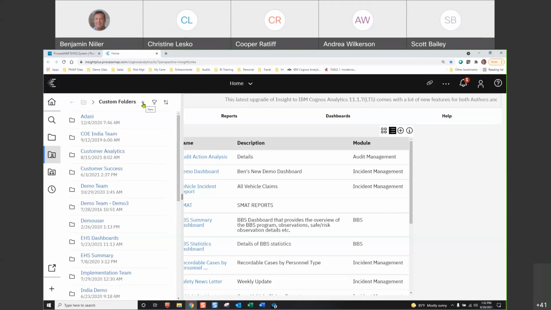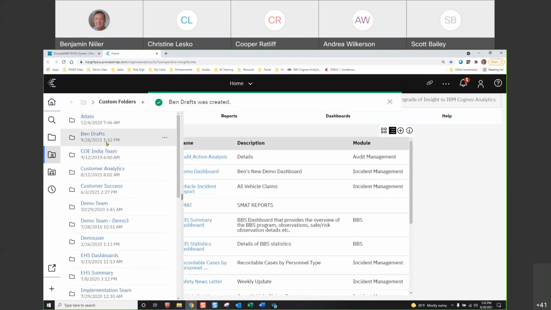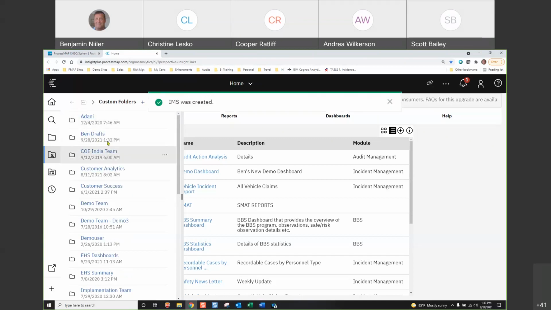If you want to start creating content and have it well organized, get started here, click new content, new folder, and just create your own folder. Just put your name in there, call it your drafts, okay? But you can do it in My Content as well. But for this practice's sake, create a new folder, create another folder, say, if you want to do IMS, incident management, you can create a new one, and it's going to drop it down